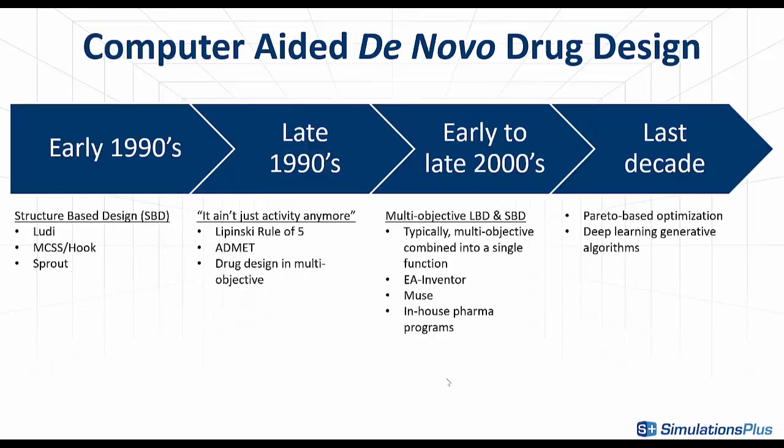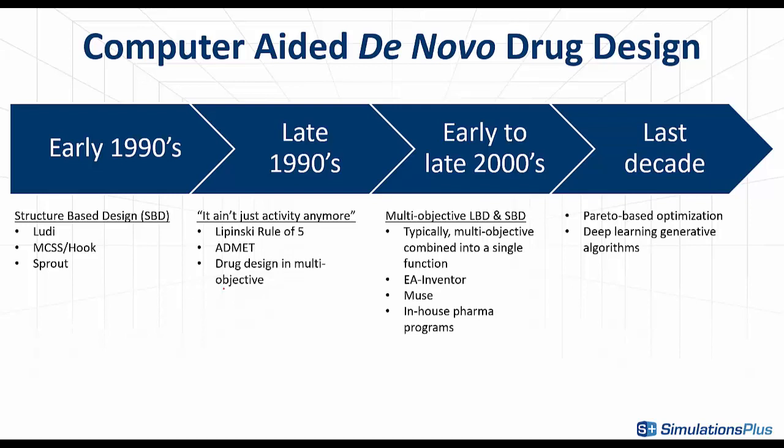This slide discusses the history of computer-aided de novo drug design. It started out in the early 1990s when people were interested in structure-based design, so using a crystal structure of the receptor or enzyme. And there were programs such as LUDI, MCSS Hook, and Sprout, which essentially started with a fragment in the active site and then would grow that fragment by adding methyl groups or fragments to the molecule